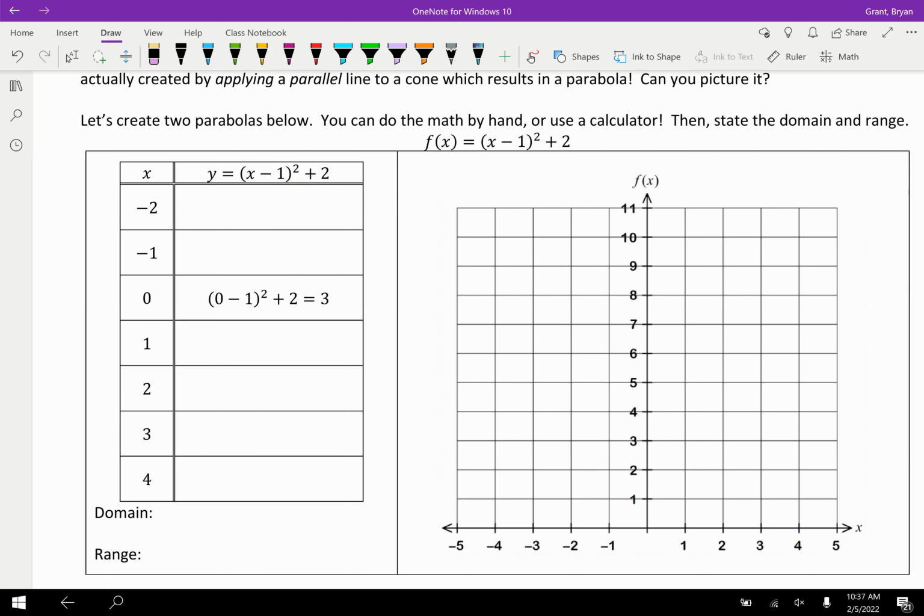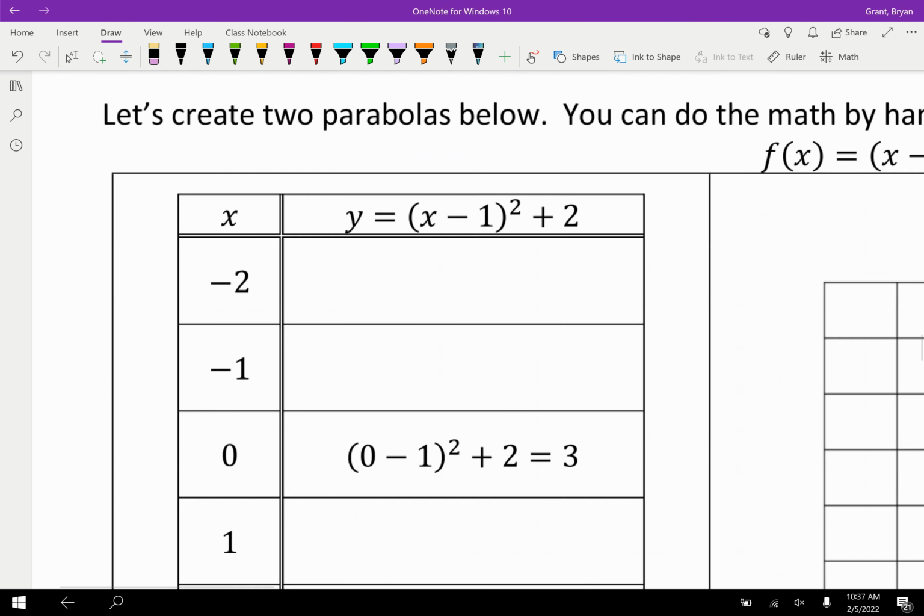So let's see what the heck I'm actually talking about. We have our inputs again, and then of course we have our outputs. And to create an output, we need to replace the input with whatever the value is. So in this case,